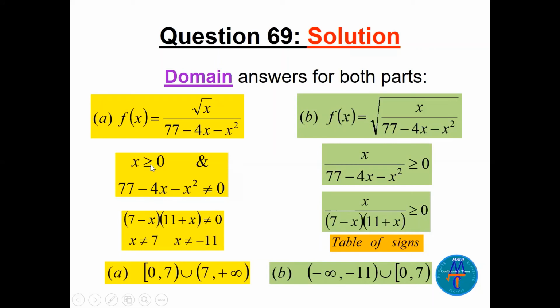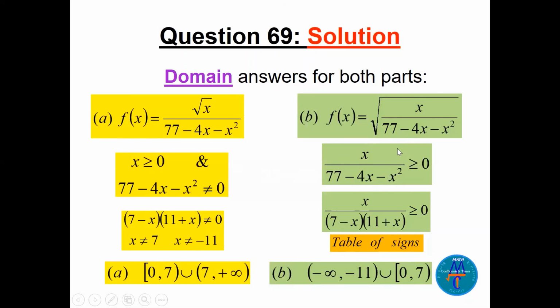Now, if we go to the original condition here from 0 to infinity, we see 7 is there. So we have to make it open at 7. But minus 11 is already outside, in the negative. So we don't have to count that. It's already outside. For the B part, we take the whole radicand, all of it,